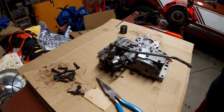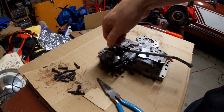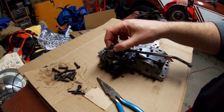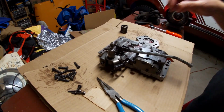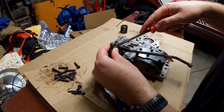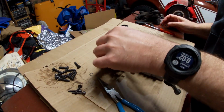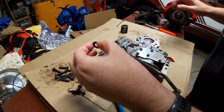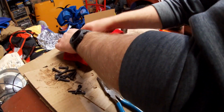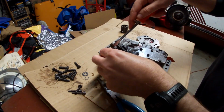All right, so here's the valve body out of the transmission. So you get the shift shaft and you get the throttle valve there. And this underneath here, we should find a small little rubber donut seal. Take that little ring off. Get this piece here. And sure enough, we've got a